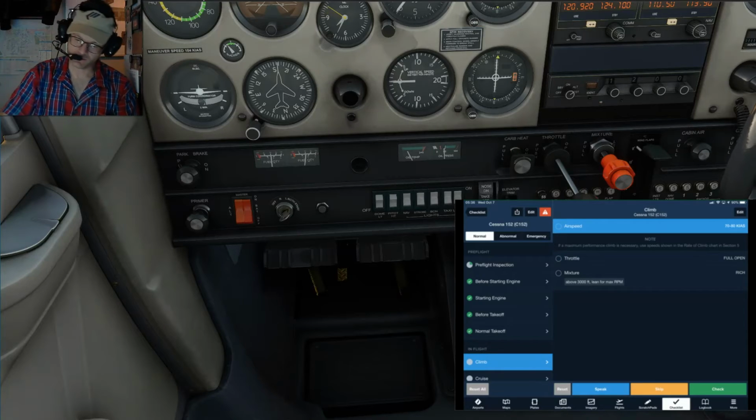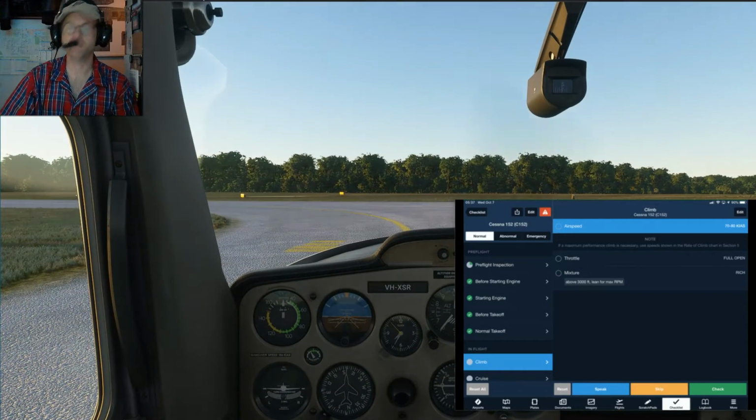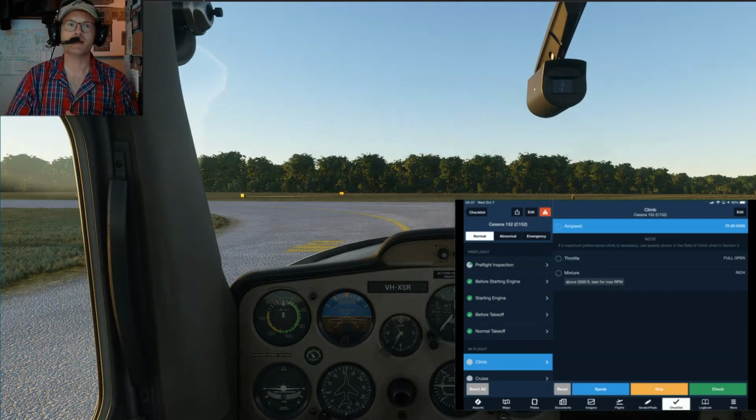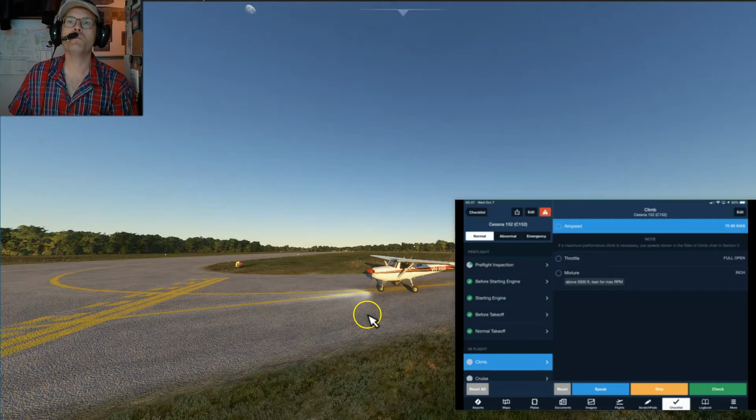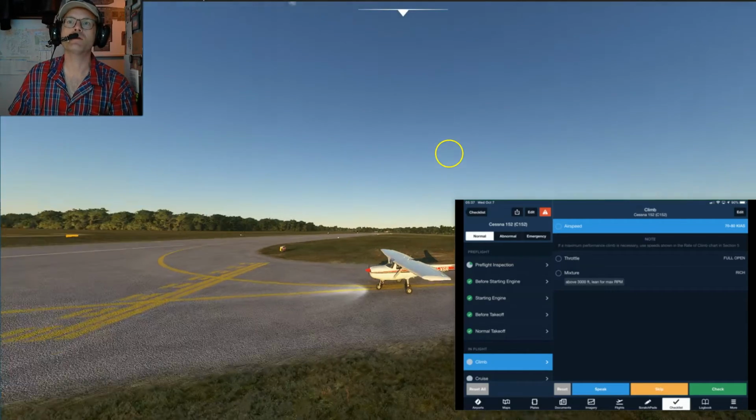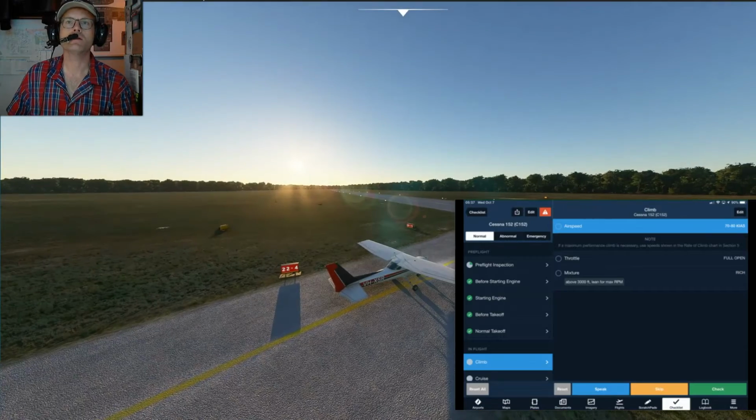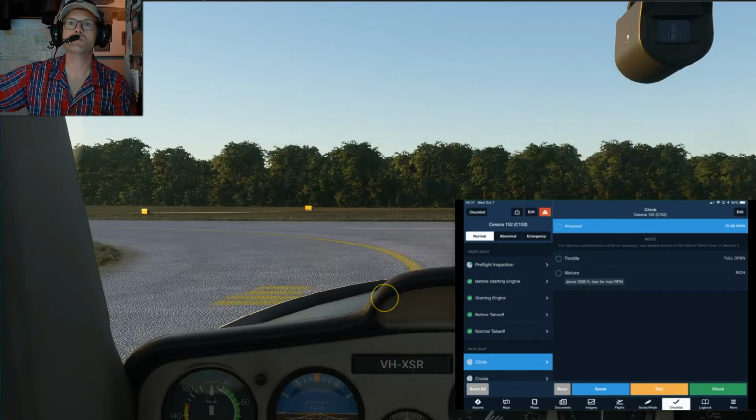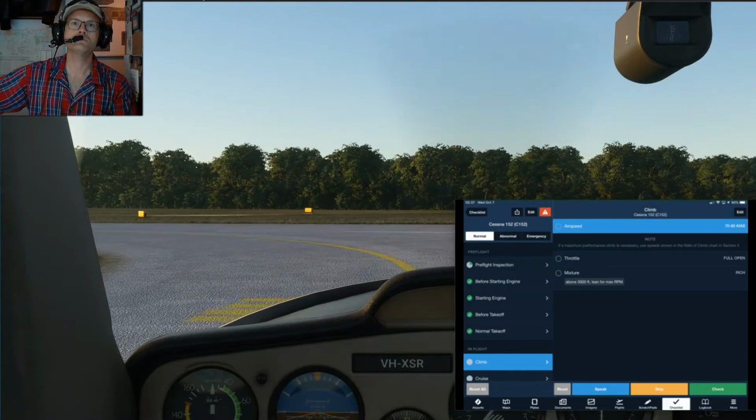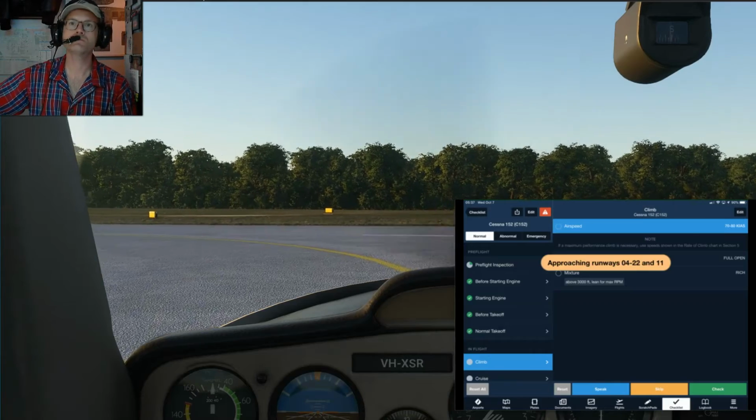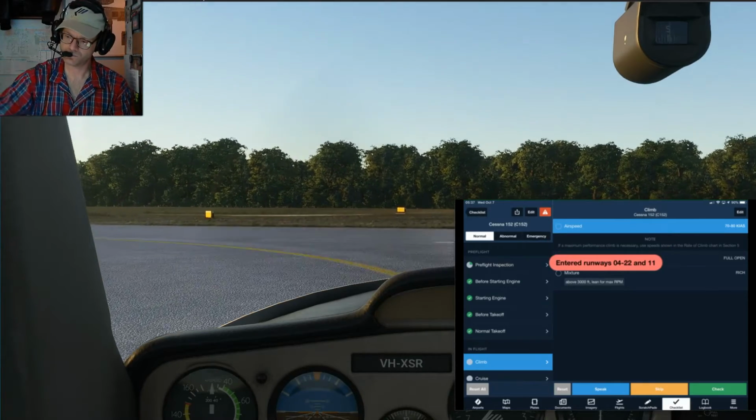Oconto traffic, Cessna 459 or 81, taking runway 29, back taxi for departure, Oconto. And we are clear on the right and clear on the left. Approaching entered runways 04, 22 and